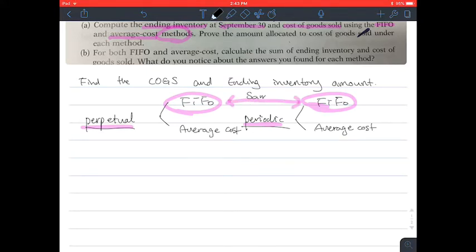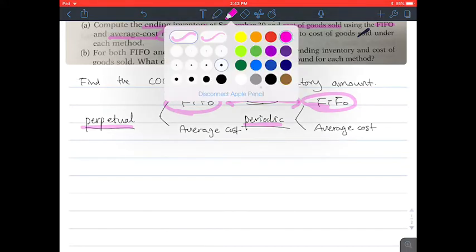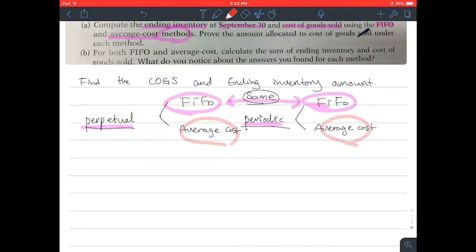Okay, they are the same, but average cost is not the same. Under the perpetual method we call this the moving average cost method, and this is simply taking the average of all the cost of goods available for sale over total units